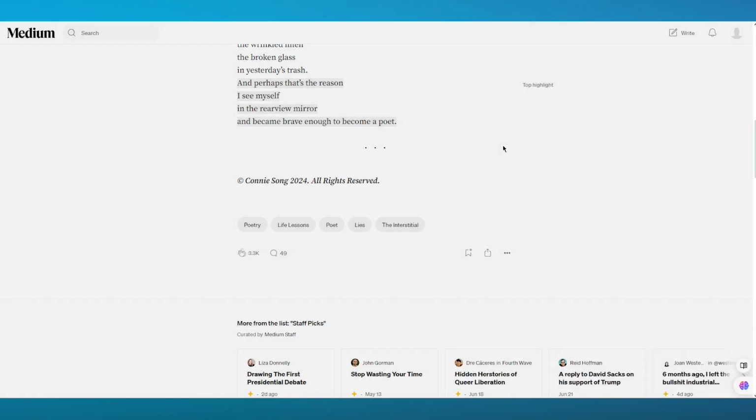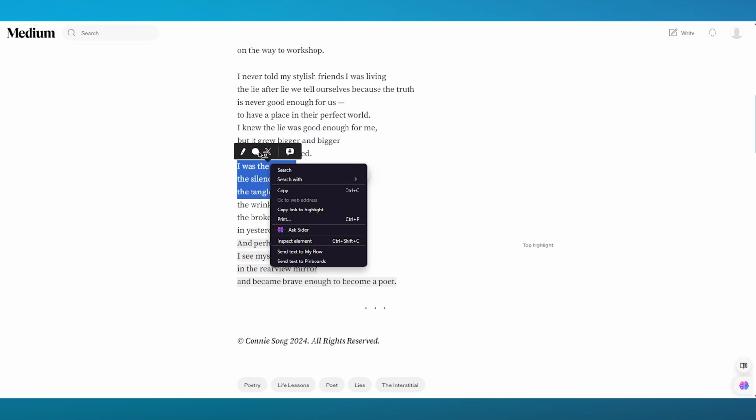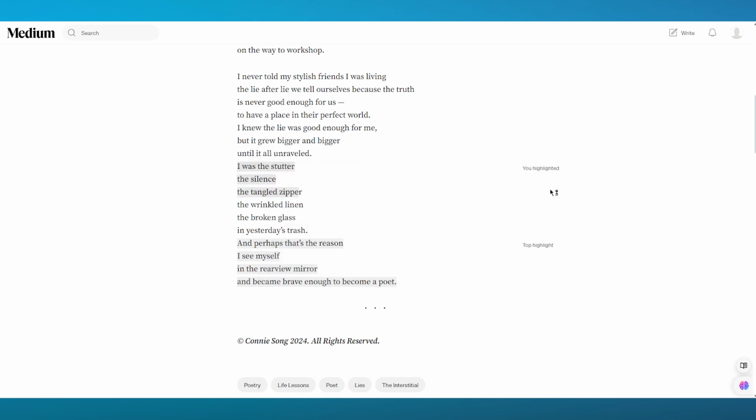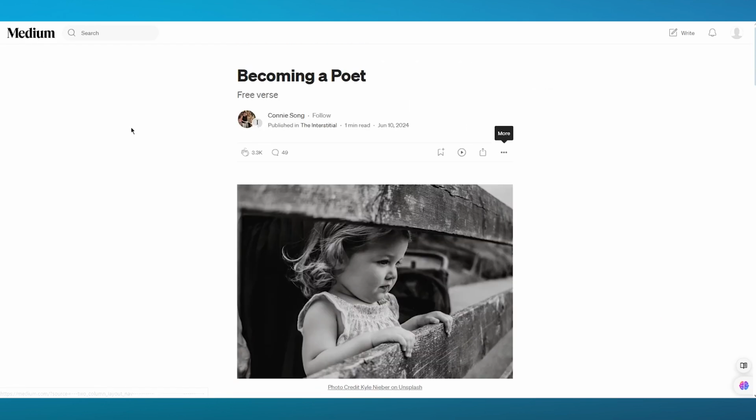And you can also reference a text. Let's say I want to reference this text here, right? To reference this text, I'm going to come here and click on this section, and it's highlighted now. Once it's highlighted, you can go ahead and reply to the highlighted text you have. So that's also an incredible feature. But generally, this is how Medium works. It's a great writing platform where you can share with other people, and you can also read other people's ideas and thoughts. And that is how you're going to be working with Medium.